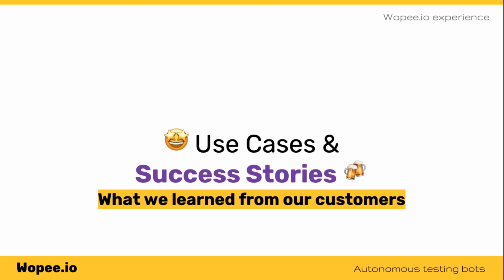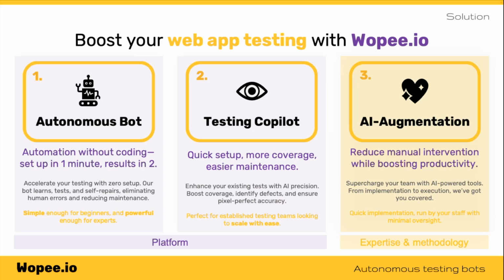And you might notice that what we are building might still be missing some functionalities. So we are done with the demo and the explanation of what our autonomous testing bot does and what its current capabilities are. But I would like to go back to the three pillars and quickly explain which pillar is good for what. So just to quickly remind, we have three pillars: autonomous testing bot, testing copilot, and AI augmentation